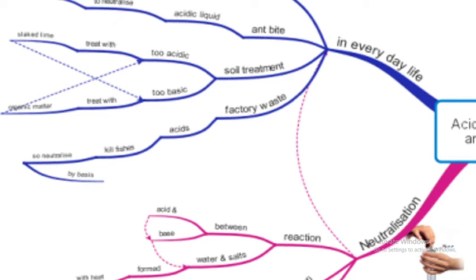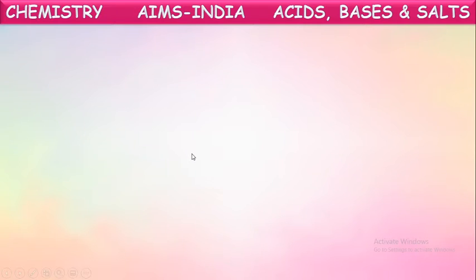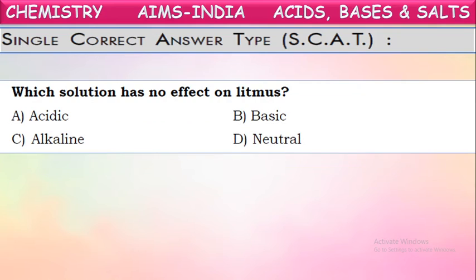Now let us see the practice sheet based on this. First, single correct answer type questions, which are objective questions with one correct answer. See the first question: which solution has no effect on